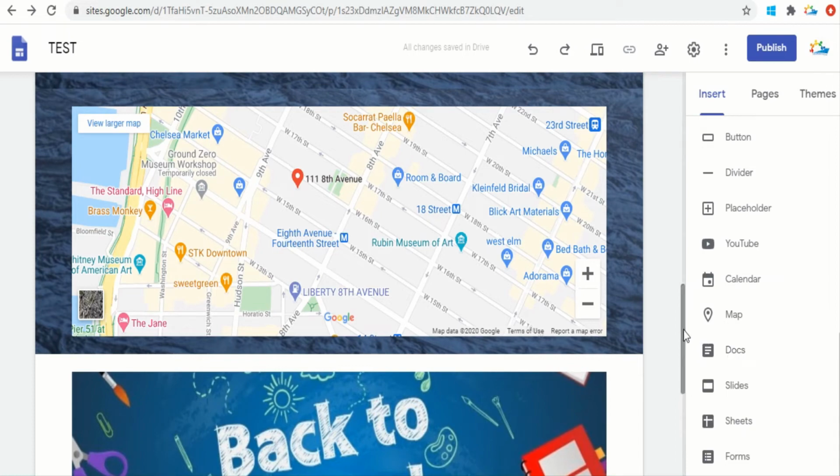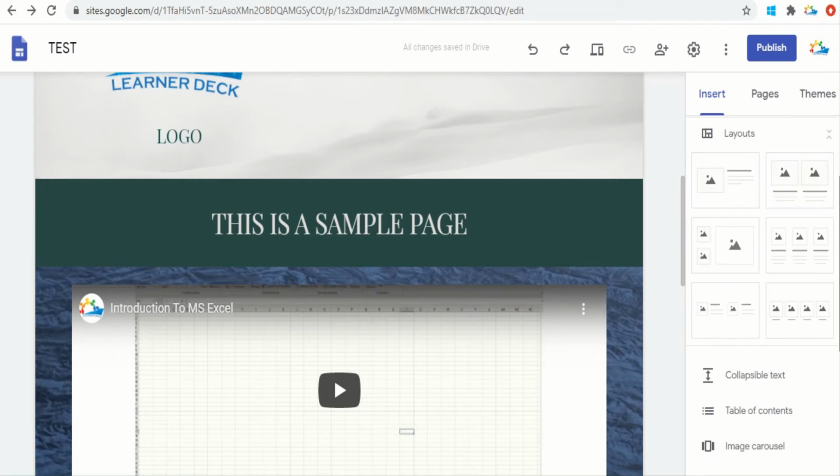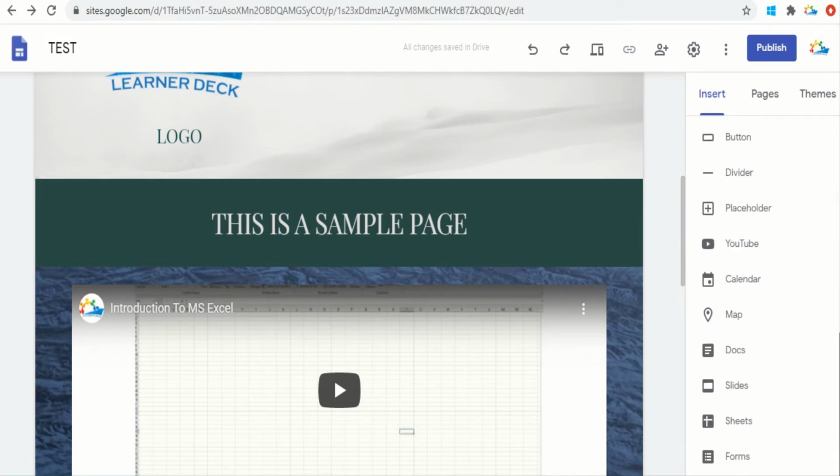Now, the other wonderful feature that this website is providing us is that the product is from Google. So if you know how to use Google Docs, Google Slides and Google Sheets, you have actually mastered the complete Google platform. So you will be able to insert Google Docs, Google Slides, Google Sheets, and Google Forms. In simpler words, you can insert any of the Microsoft Office applications which are replicated in Google to your website.